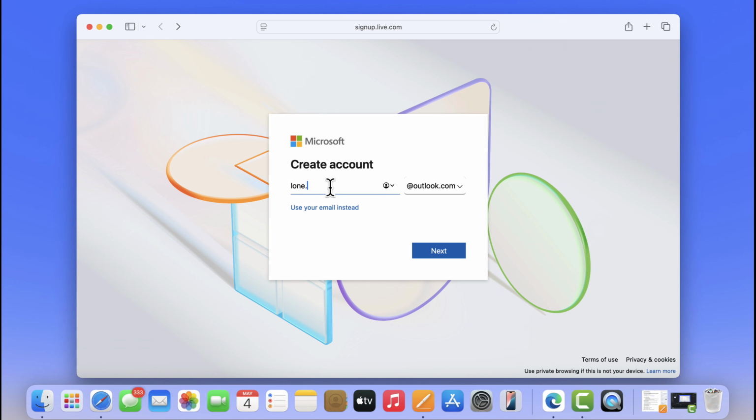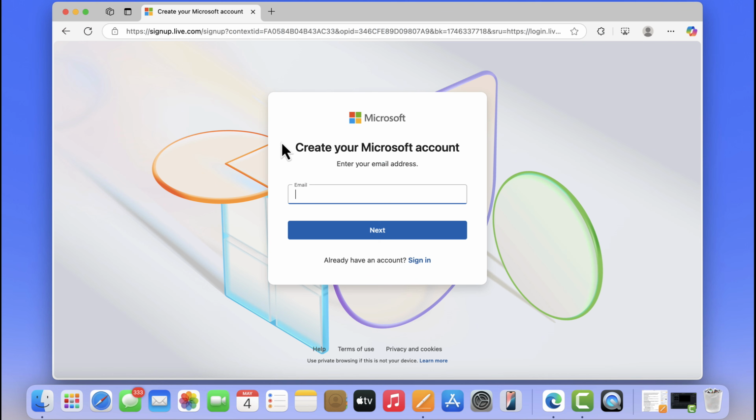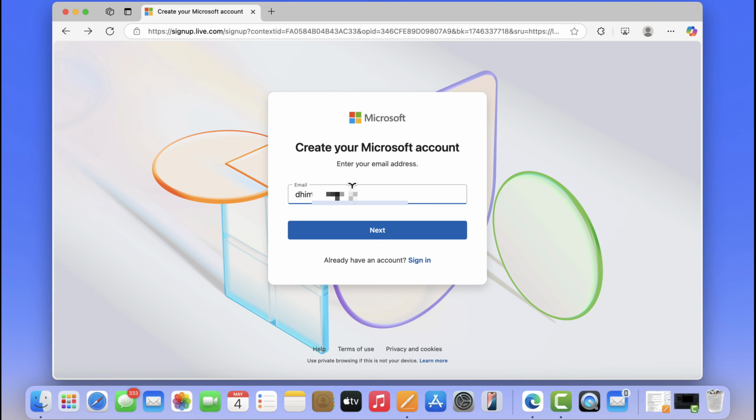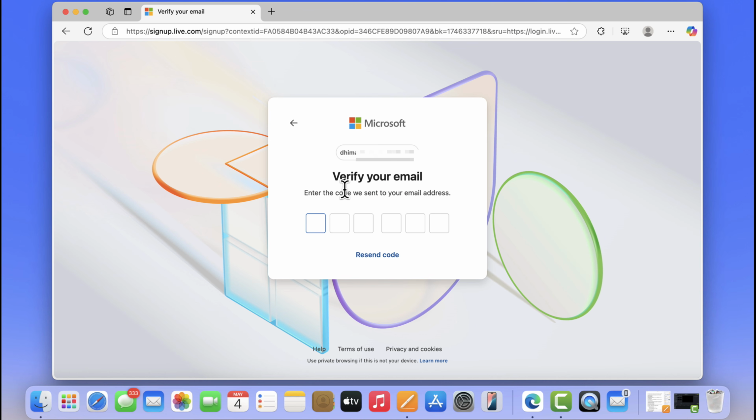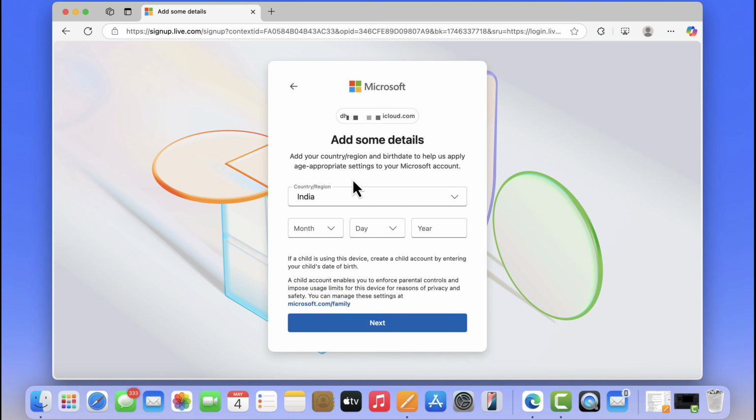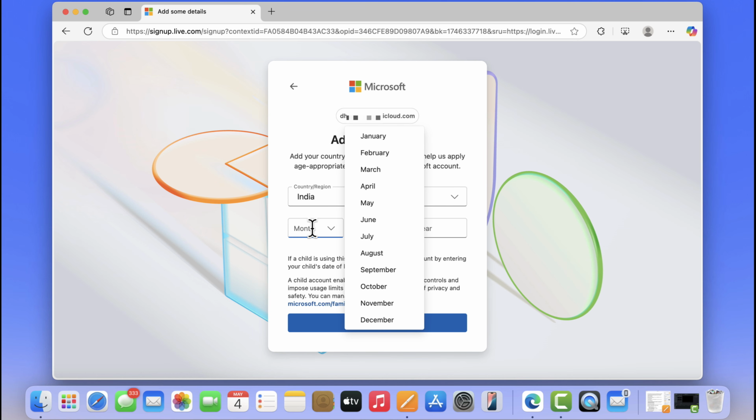Here, enter the name you want to use and choose between Outlook and Hotmail to create the email. No matter whichever method you choose, the only difference between these two methods is that if you use an existing email, then a secret 6-digit code will be sent to your email to confirm that you have access to the same. So once you get it, enter it, and then next you need to select your country, add your date of birth,